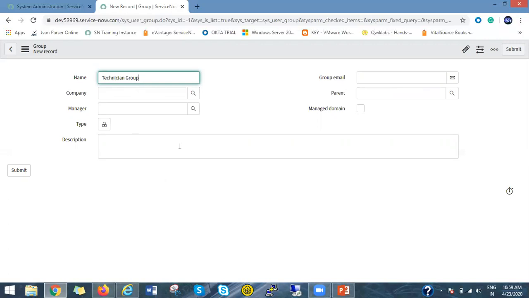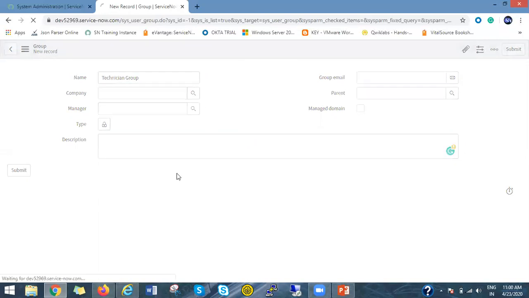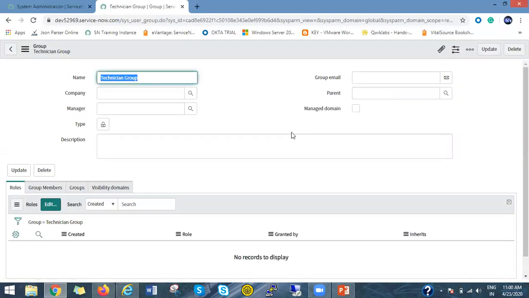I'm leaving the other fields. Now you can see this particular group does not contain or is not associated with any role.